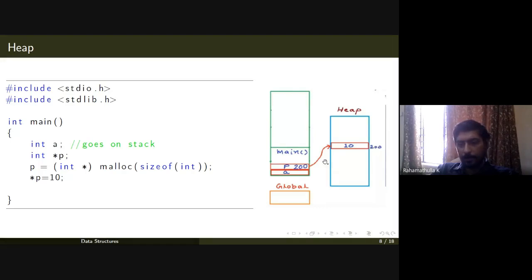That address will be stored in p. So here you have a pointer variable p in which we have stored the address 200. If you dereference that with star p, then you can access this memory location. Star p is equal to 10 means you can write the value 10 to this memory location 200 in the heap section.